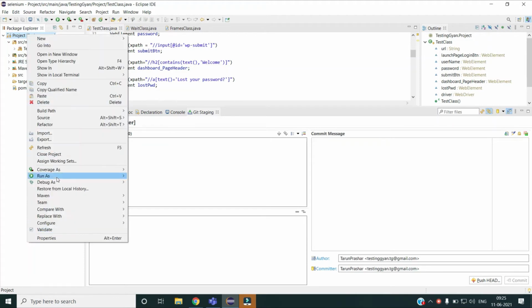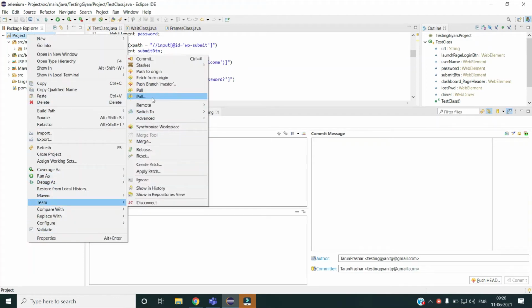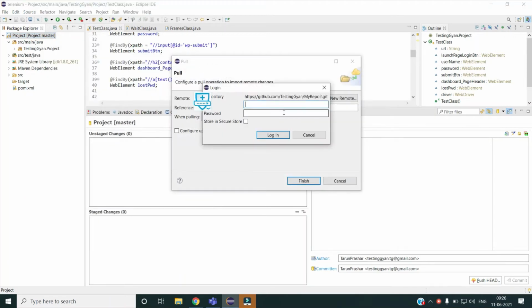Okay, you can even configure the different pulls. For example, if you want to take a pull from some other branch, you can even do that, because currently my pull operation is configured with the branch which I did the upstream push and pull configuration. So if you have to take some pull from some other branch, you can do that as well.